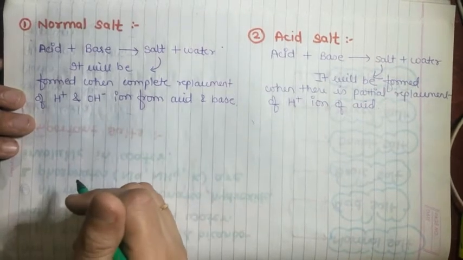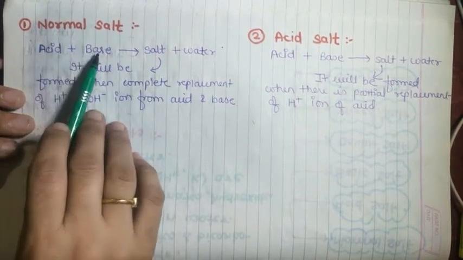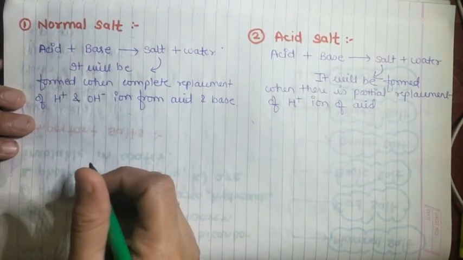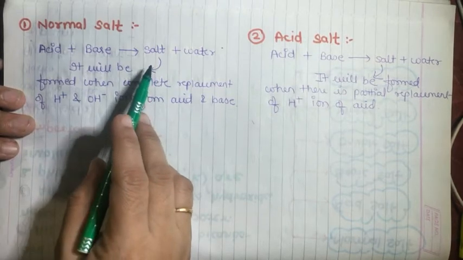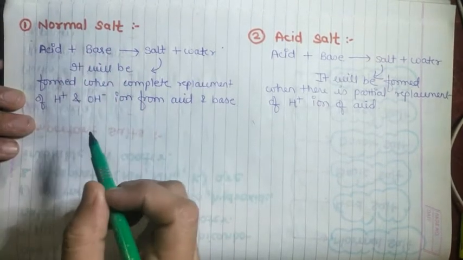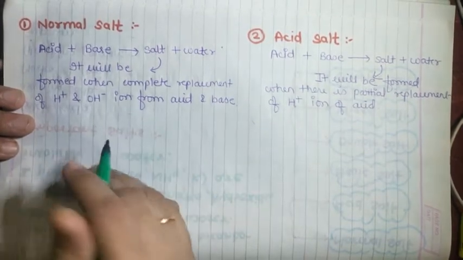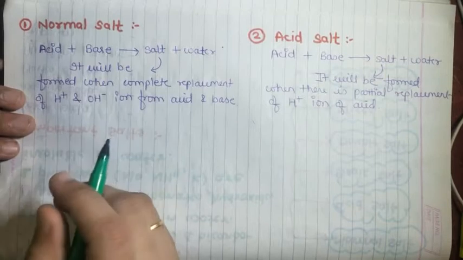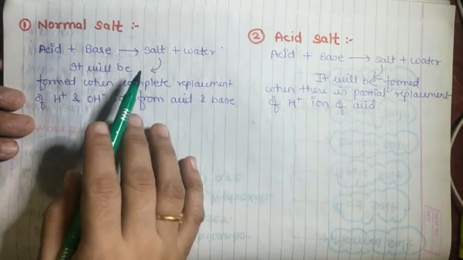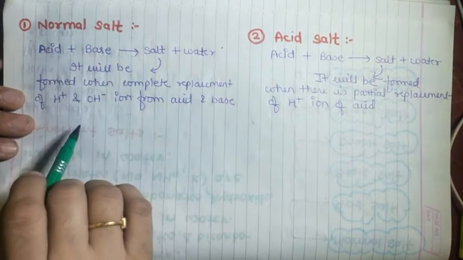First, let's discuss normal salt. What is normal salt? We have seen that generally when acid and bases react, they form salt, and the salt contains ions, positive as well as negative ions. So whenever one positive and one negative ion are there in a salt, it is called a normal salt. Why am I saying one positive and one negative ion? Because further on you will see that you get two anions or two cations in a salt, and then we will classify them on that basis. So if any salt contains one positive ion and one negative ion, it will be termed a normal salt.